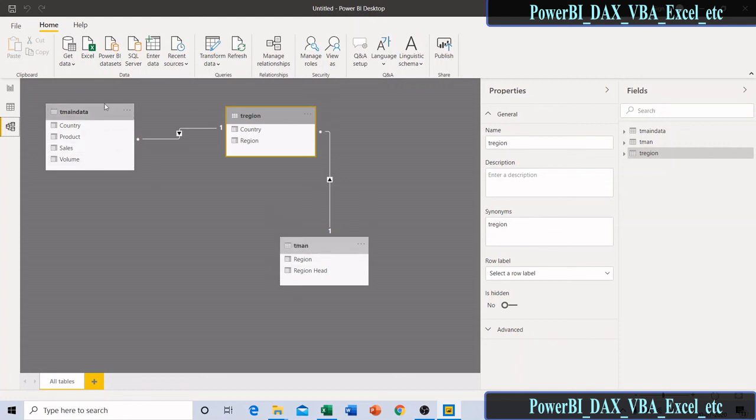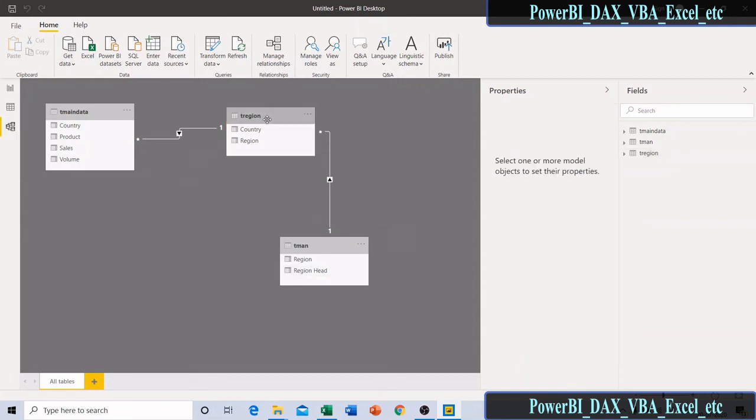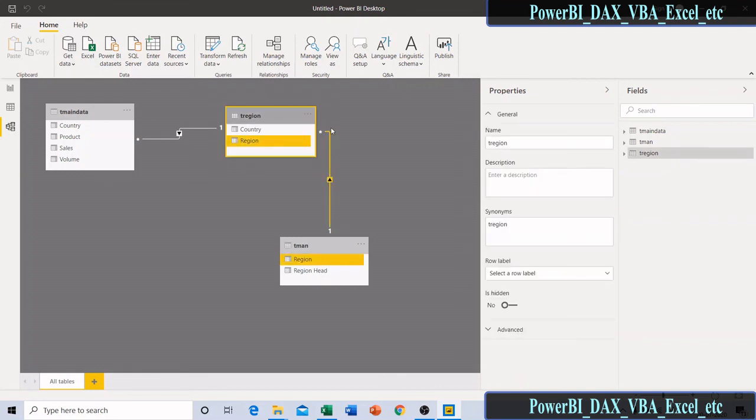Ultimately, we can say that in this table we will get all the columns of this region table and all the columns of this manager table. So in this expanded table concept, this table has all the columns from both the tables. And if you consider here, it will only have the columns of this manager table.